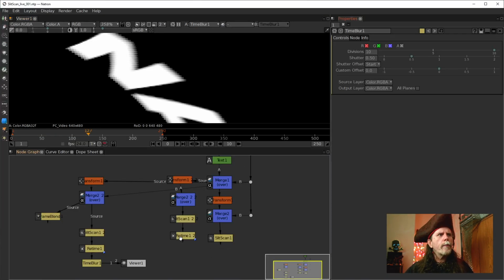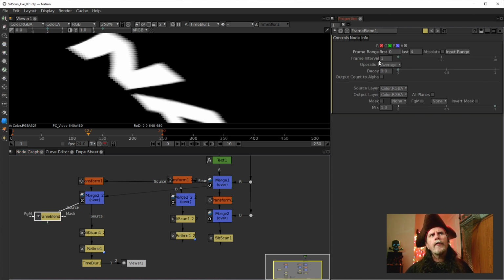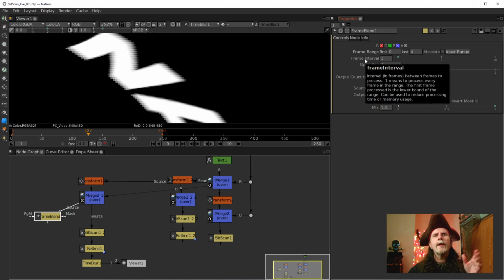If we bring up Natron and look at the FrameBlend, FrameBlend has this interval here. Now, admittedly, this is not the project I was rendering from. This is our previous episode's project. And we have it set to full, but when I was dealing with 27 frames,